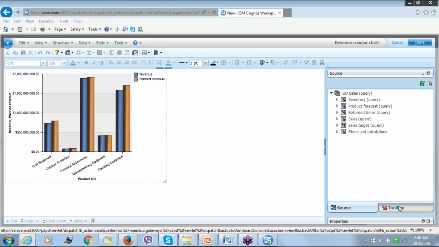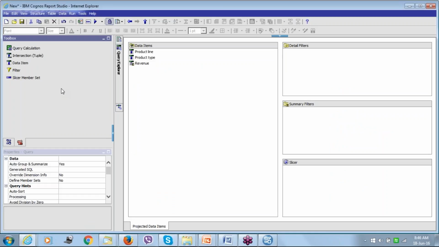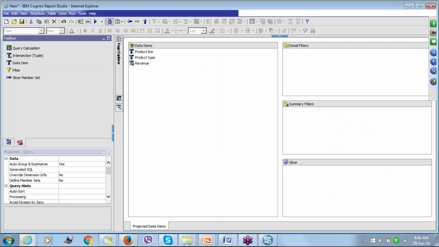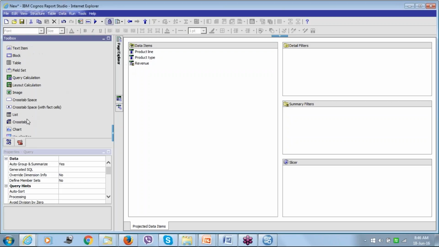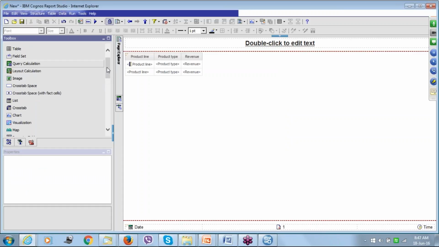You can say that. For example, I am showing this, and I have a toolbox. There are a lot of tools here. In the same way, if I go to Report Studio, I have a toolbox. I will go to a page. I just want you to understand the difference between Workspace Advanced and Report Studio. You can see there are a lot of tools: text box, table item, everything is there. I can scroll here, a lot of tools are there